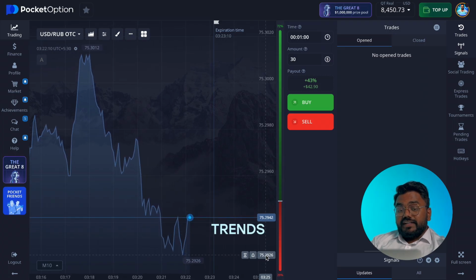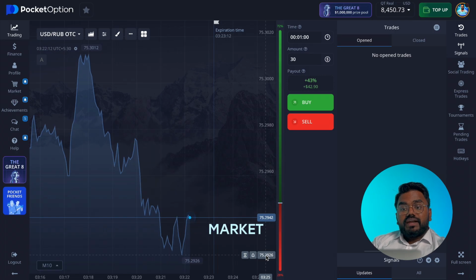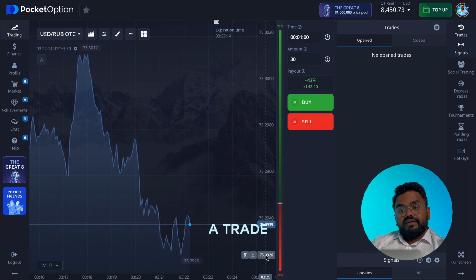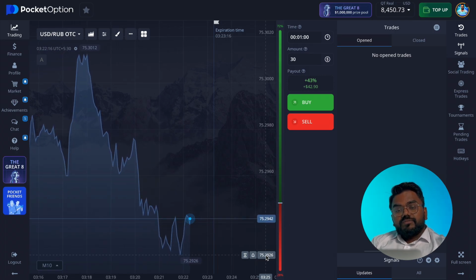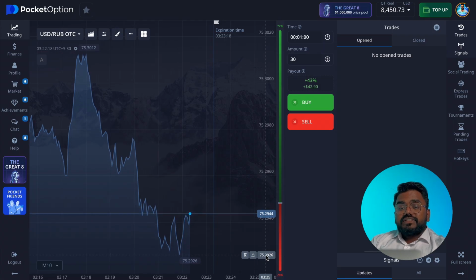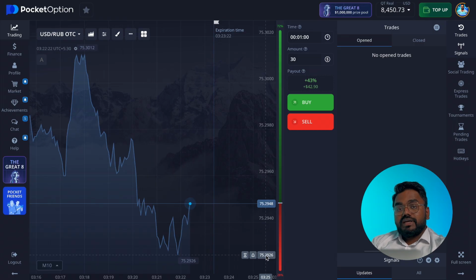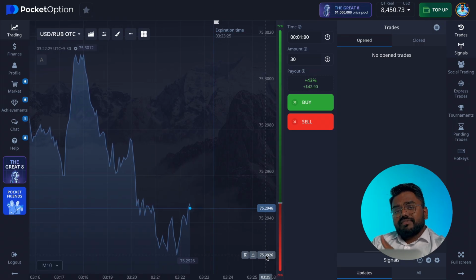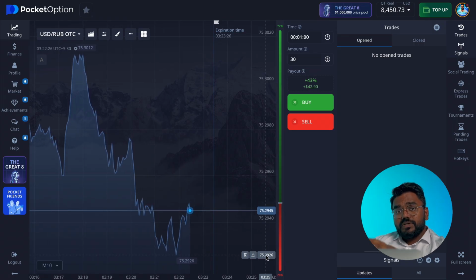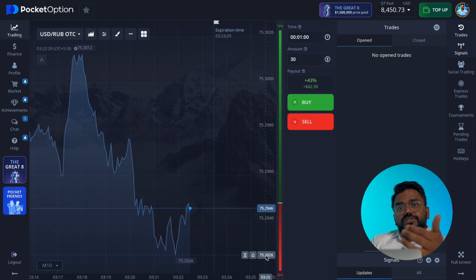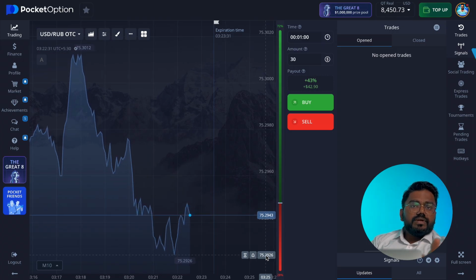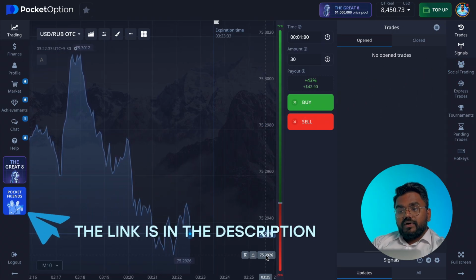And don't ignore trends, guys. Always check the overall market direction before taking a trade. And with news events, you can actually be a technical strategist using strategies like the MACD we are talking about today. If you have any questions regarding this, reach out to me, comment down, and I will help you.